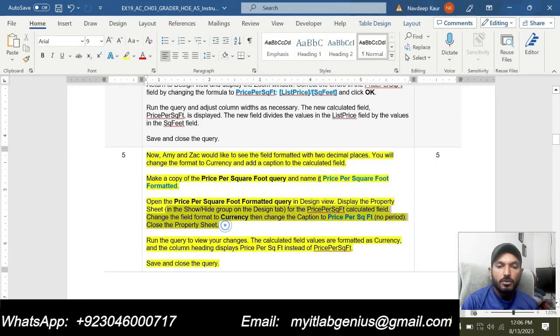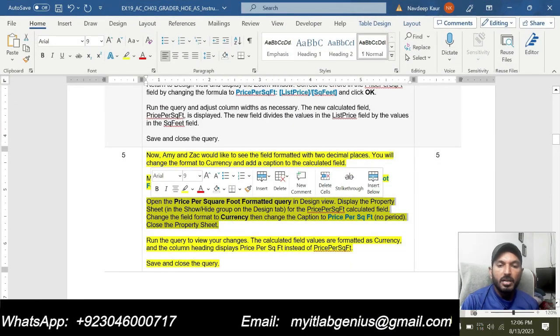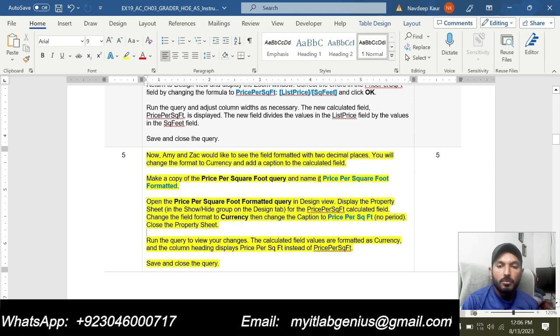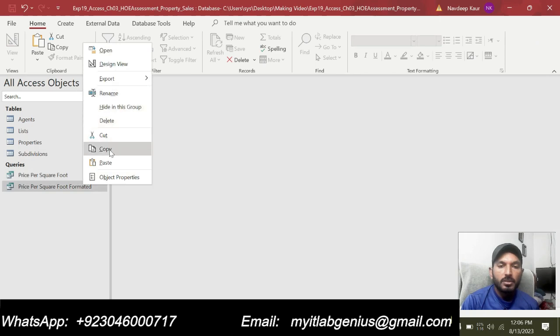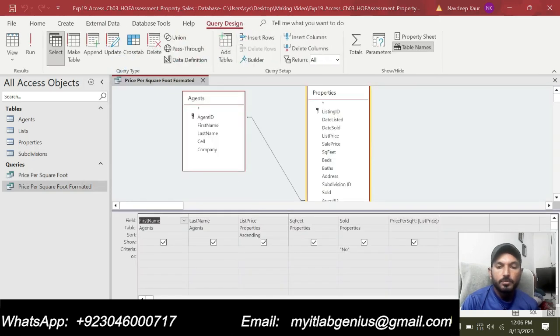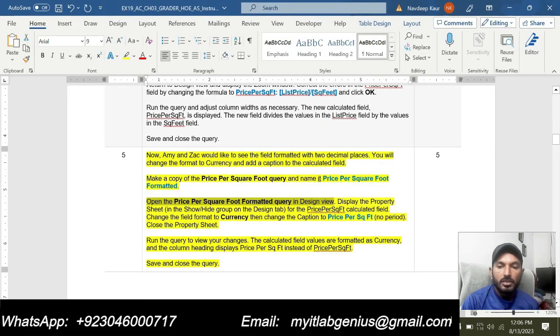Now the next thing is to open the price per square foot formatted query in design view. So open it in the design view. Display the property sheet for the price per square foot calculated field. This one.